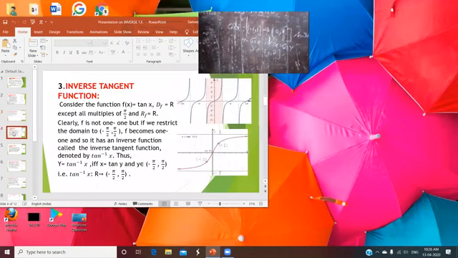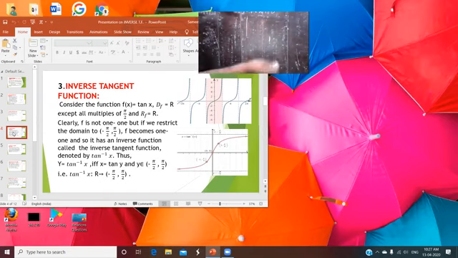Okay. Inverse of tangent function. So if you are talking about the inverse of the tangent function, the domain of the tangent function is all the real numbers, that means it is defined for all real numbers except odd integral multiples of pi by 2. Okay, all odd integral multiples of pi by 2. You know? So you can say that in case of tan x, the domain is all the real numbers except odd integral multiples of pi by 2.